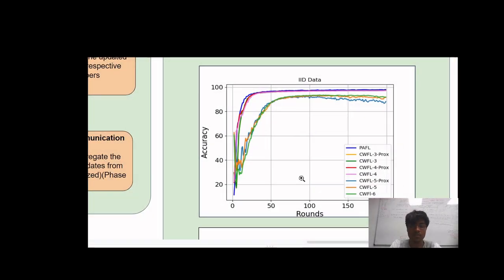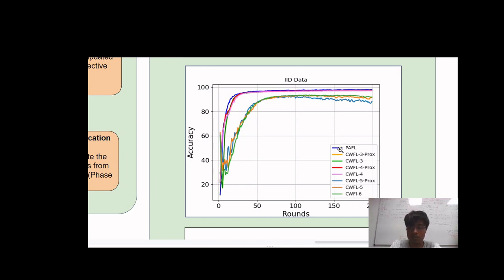So let's look at some results. The first baseline we would look at is the PAFL, that is the power allocated federated learning, which basically means a centralized federated learning setup where there would be a central server and the rest of the clients would be communicating their parameter updates with the central server for aggregation. Now, the problem with this kind of setup is obviously the lack of a central server. For example, in D2D systems where a highly powerful central server might not be present, in that case this